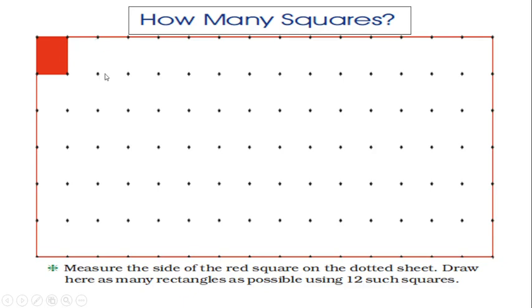So the space is like that. You have to draw 12 squares, and by using these 12 squares we will try to draw the rectangles, and we will find how many rectangles actually we can draw in this sheet. So here we go. The first figure, how we draw it. Look here. Before that, I will tell you one simple method how we can calculate the rectangles by using the 12 squares.